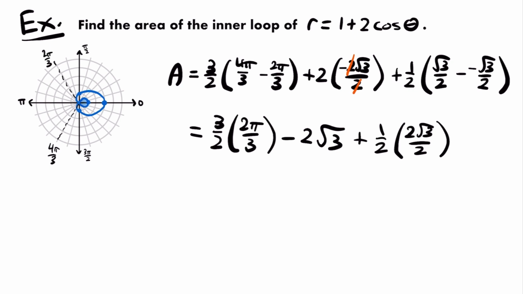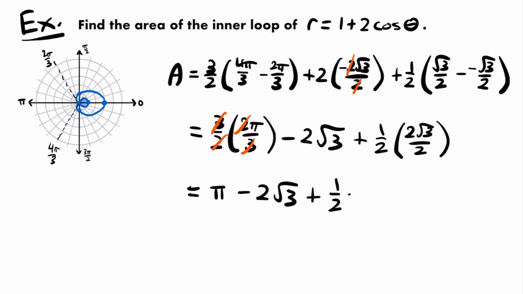All right, and then to simplify further, let's go back to our first term here. Notice that these two 3's are going to cancel out, and these two 2's are going to cancel out, right? 3 divided by 3 is 1, and 2 divided by 2 is 1. So we can cross all of those values out, and we're just going to be left with pi. So this is equal to pi minus 2 square roots of 3, and then we have plus